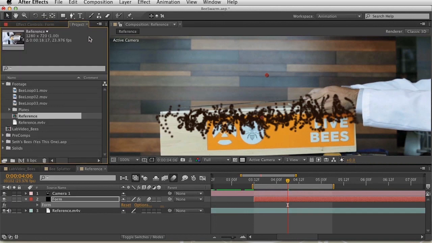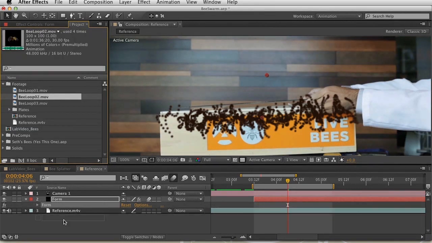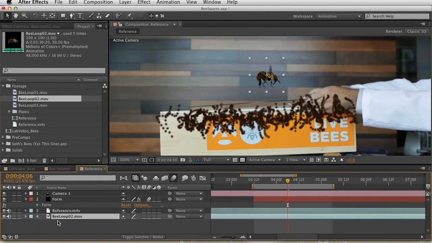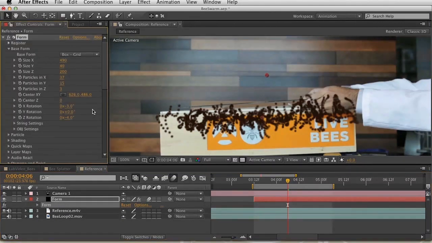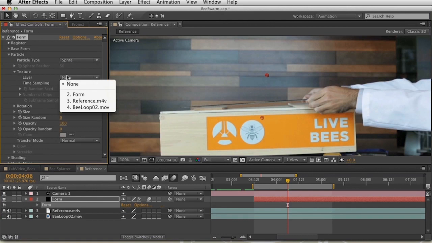So let's use a custom particle for these, because I think we're just about done fiddling with all the controls within Form. And I'm going to go into my footage here. I'll pick one of these, this B loop 2, which looks like that. I'll just turn off the visibility because I don't need that. And in Form, I'll go to the particle type, set the particle type to a sprite, which is an image that always faces the camera. Set this texture to use the B loop number 2, and I will have it